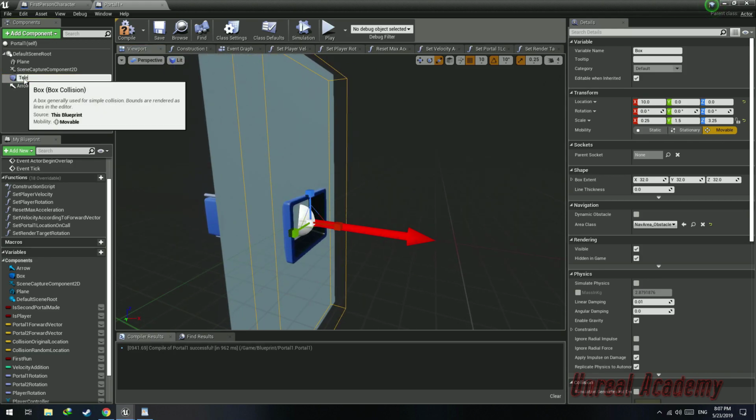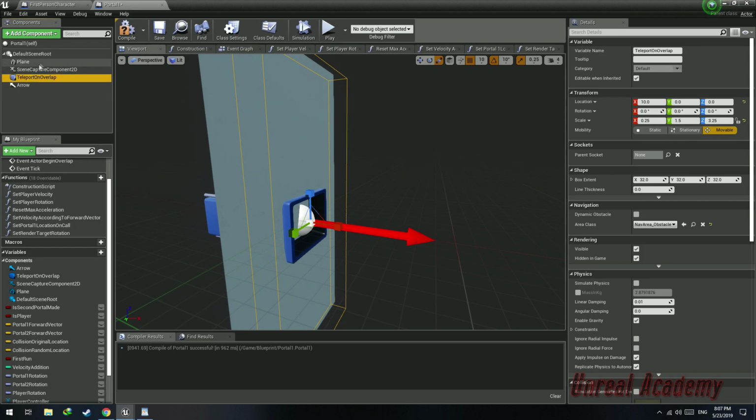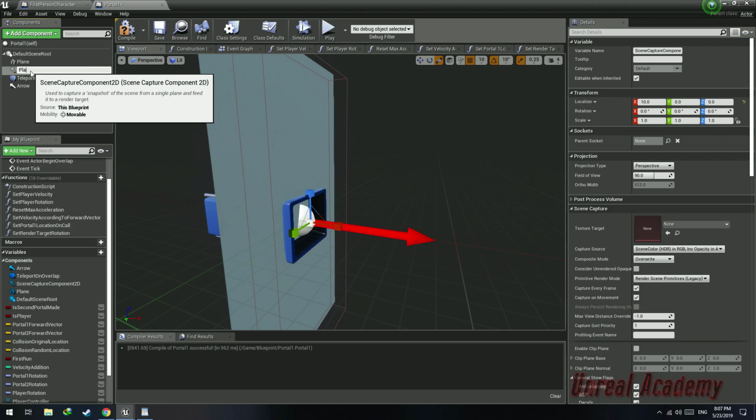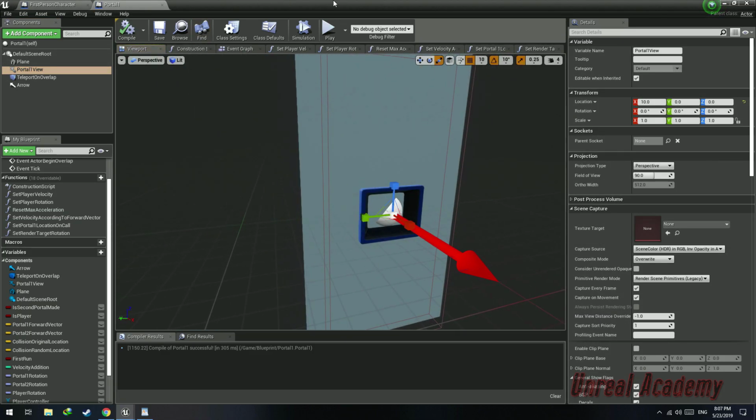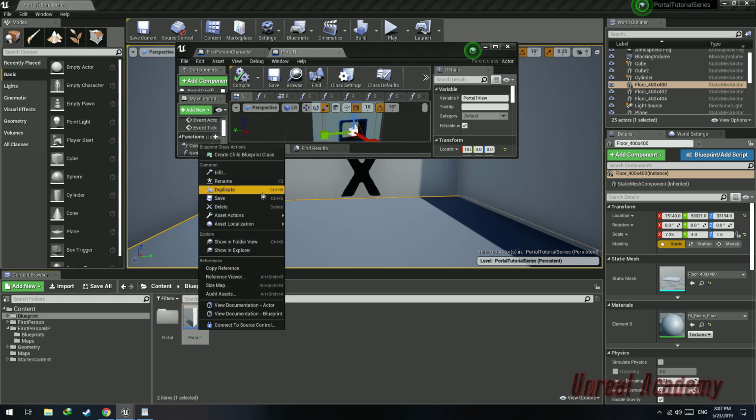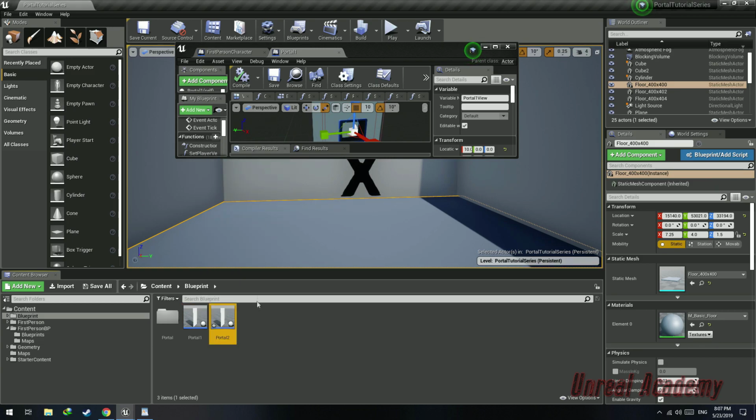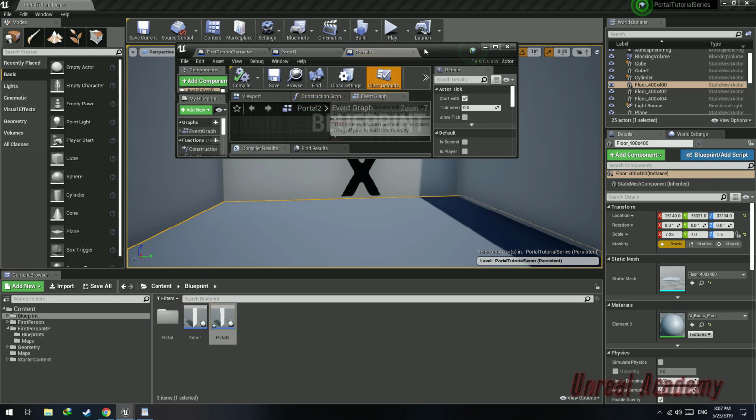The box collision will be used to teleport the player on overlap. Teleport on overlap. The scene capture component 2D is the portal 1 view, and keep the plane name as it is. Now I'm just going to duplicate this, right click and duplicate portal 2, open this up,